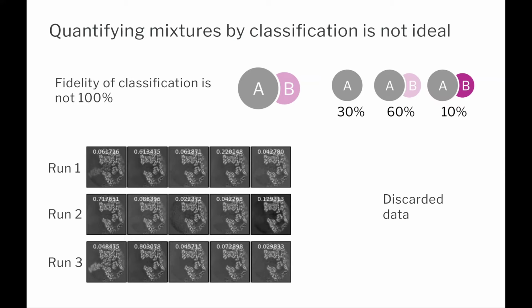But a large proportion of the data might exist in a class which is more ambiguous. And without some method of quantifying B within that mixture, we have enormous error bars for the distribution of A versus A and B. So that, coupled with the stochastic variation that you see from run to run,